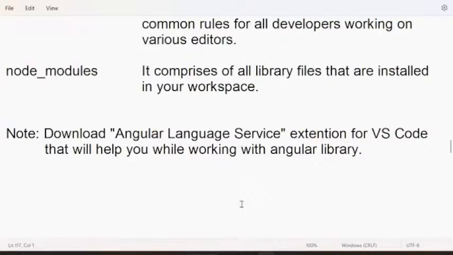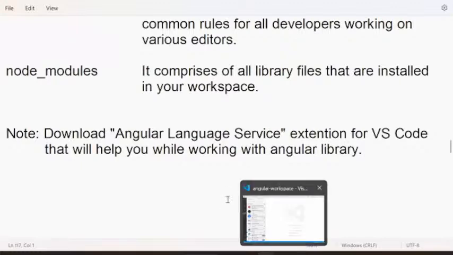So if you have installed this, then you will get such extra folders, right? But this is related to the extension. You can download this Angular language service extension for VS Code. Actually, I have done that already in my VS Code.